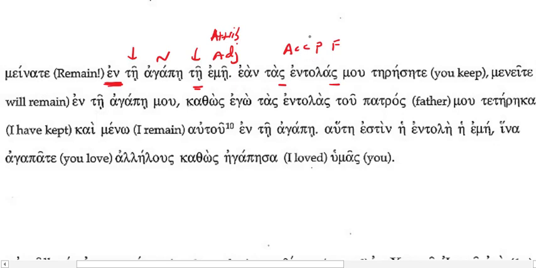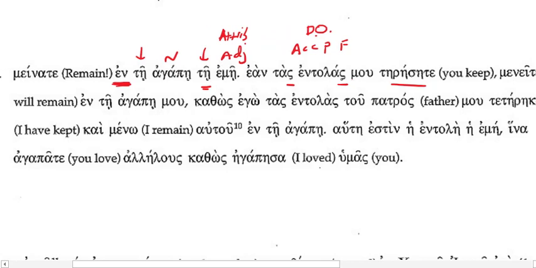And that means it's probably what? The direct object. Where do we usually put our direct objects in English? Before the verb or after the verb? After. So we're going to want to go grab that verb and translate it before the direct object. So if tereite, if you keep, tas entolas mou, my commands, plural,